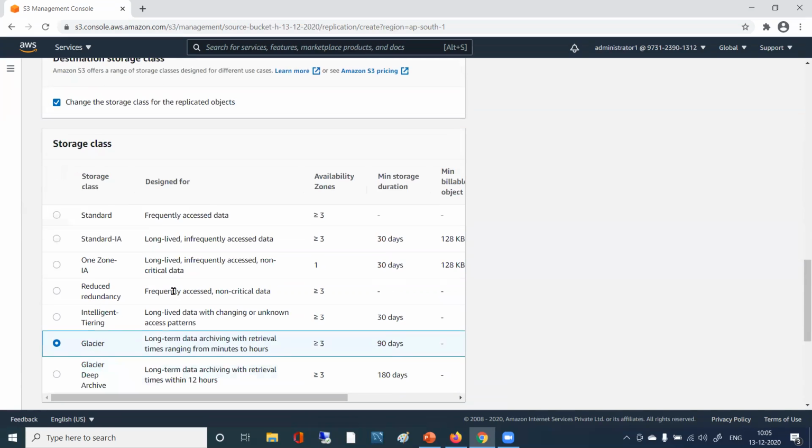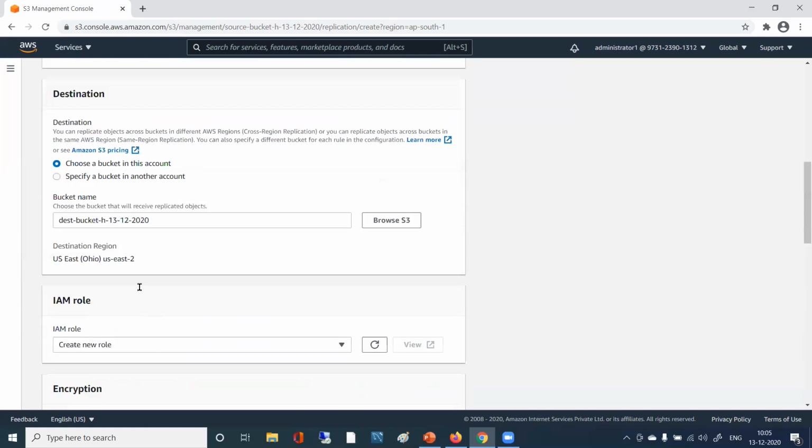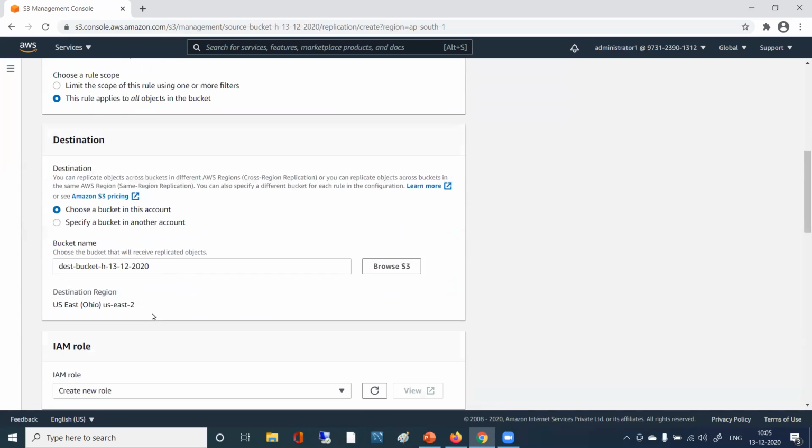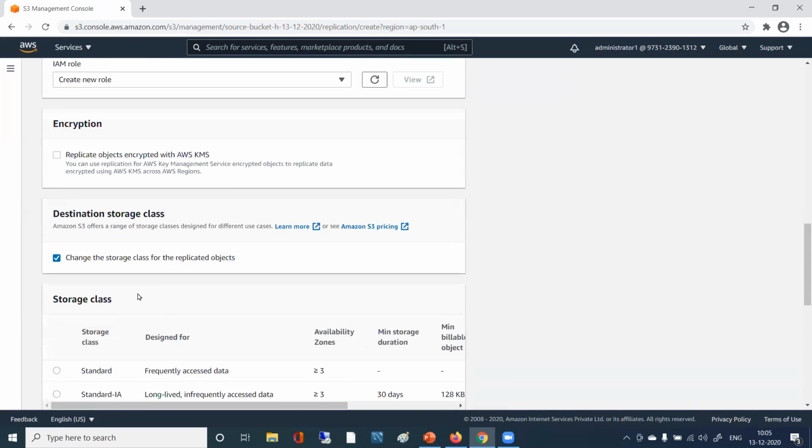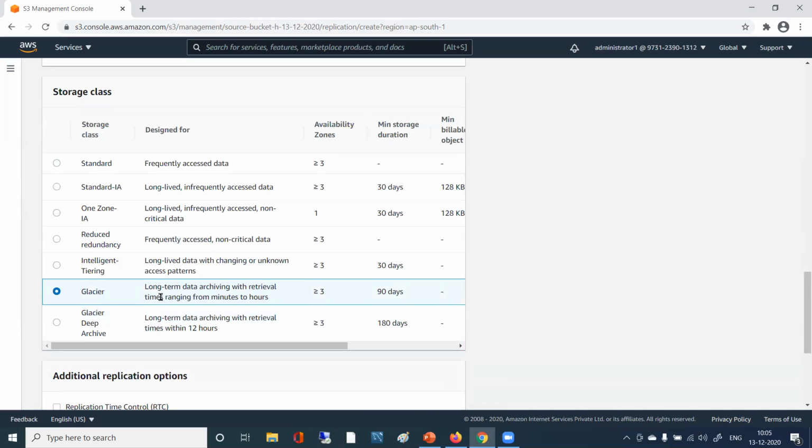So if I have no customer there in the US and I'm simply copying it for backup purposes, where immediate retrieval is not required, then I can choose Glacier. When it replicates the data from the source to the destination, its storage class will be changed, and we will only be paying the charges related to this particular storage class